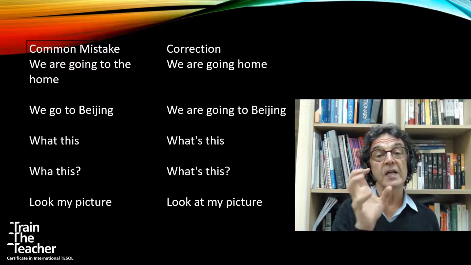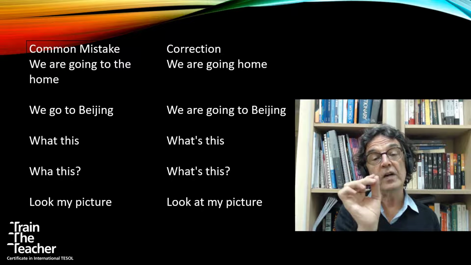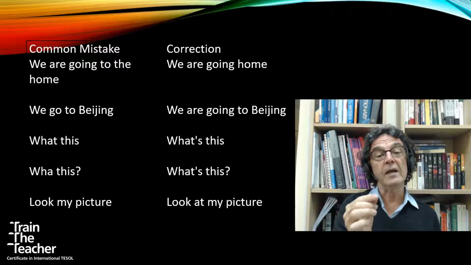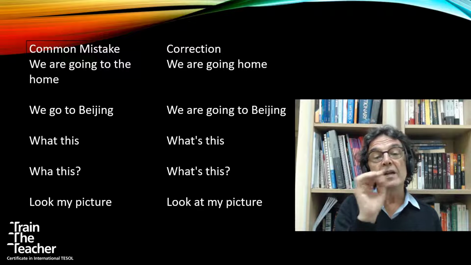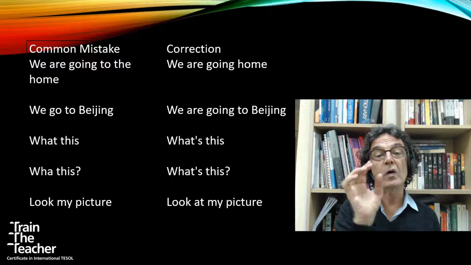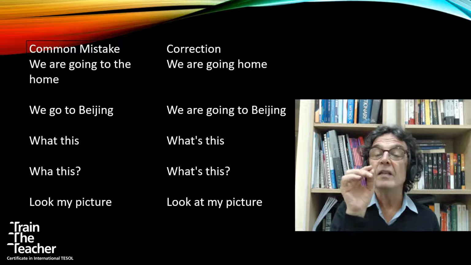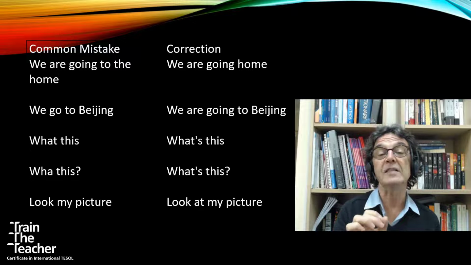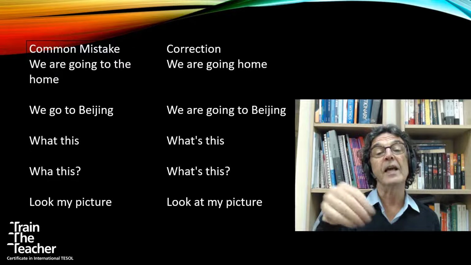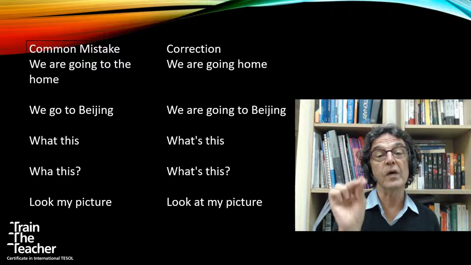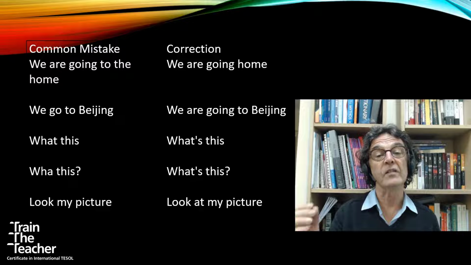This next one's interesting. "What this?" Because the interesting thing is that the speaker here has dropped the t, yeah? And they've dropped this, you know, and you can do that. You know, "what do you want?" Perfectly okay, yeah? "What do you want?" is not so okay. So the person who's saying "what this", they're making some little progress in their language use, but unfortunately they've missed out the verb. And of course, when the verb goes in there, then also the t goes in there. So it becomes "what's this?" Okay, good.